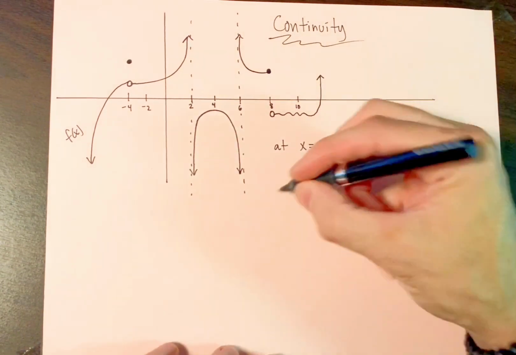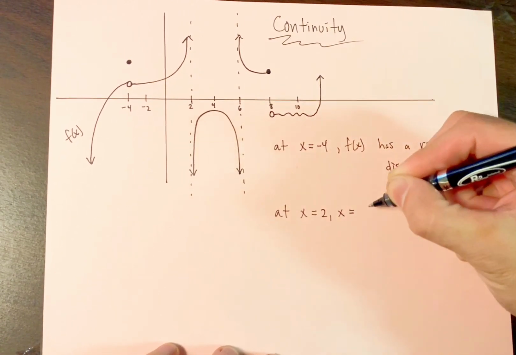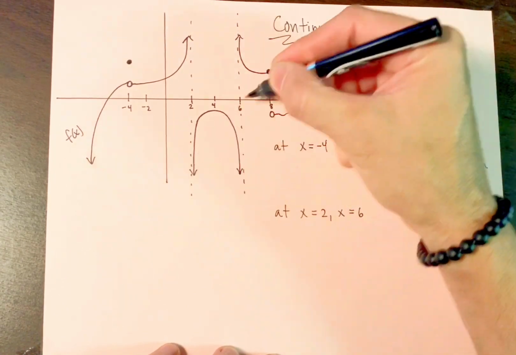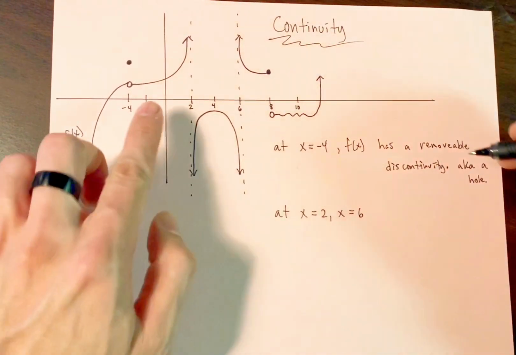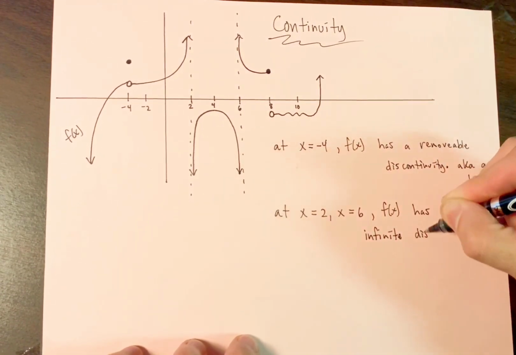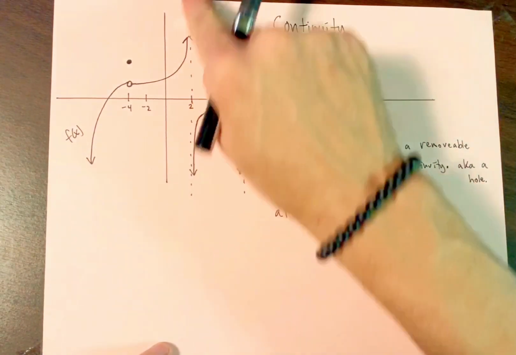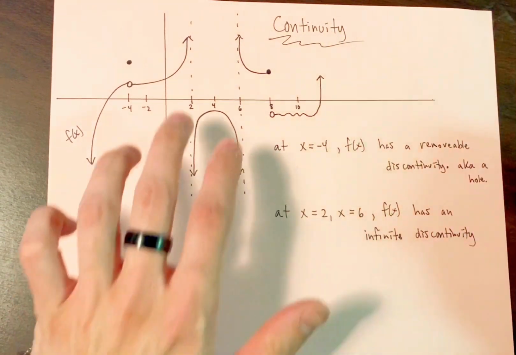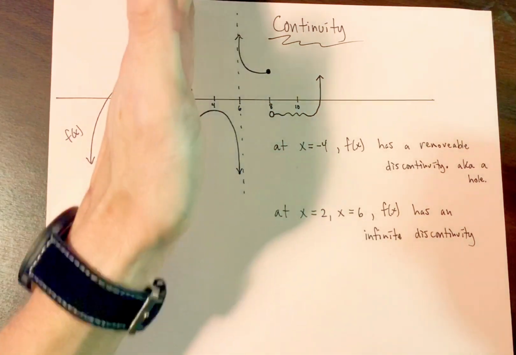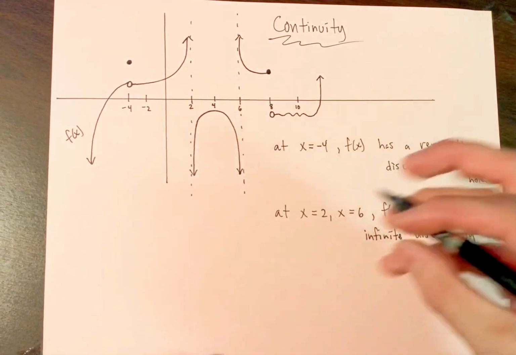Now, the next one. What about at x equals 2 and at x equals 6? You see, because at 2, you skyrocket up and you shoot down. At 6, you go down and you go up. These types of discontinuities are... So we call them infinite discontinuities because they tend to stray off toward infinity. These are infinite discontinuities, pardon me, and they tend to sort of have a vertical asymptote running through them. Now this last one here,